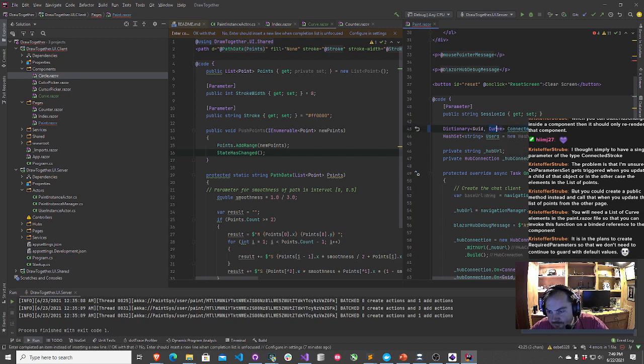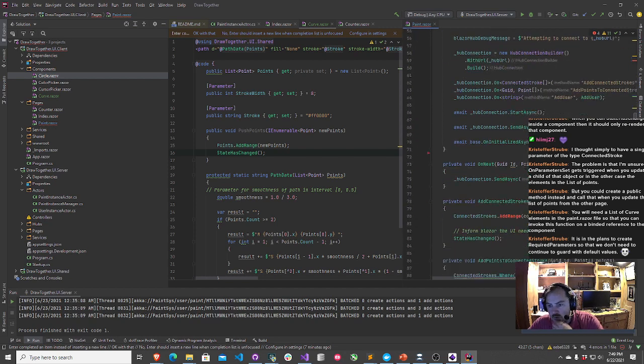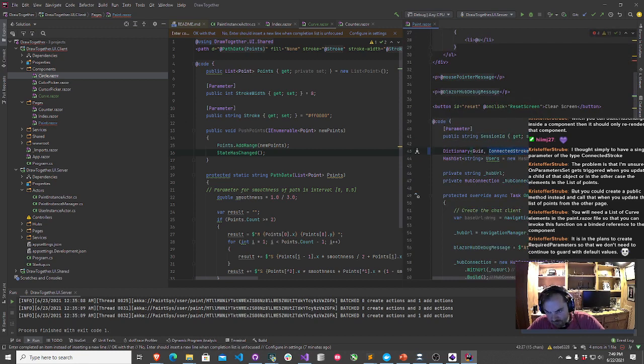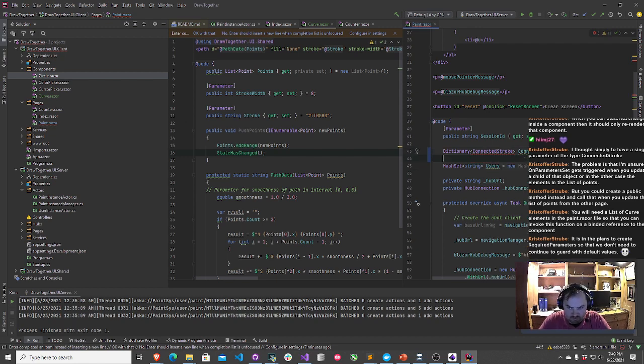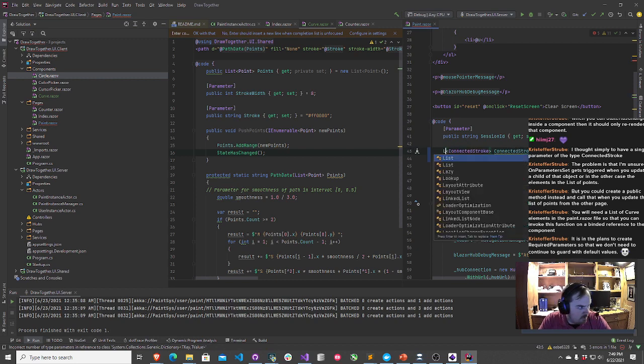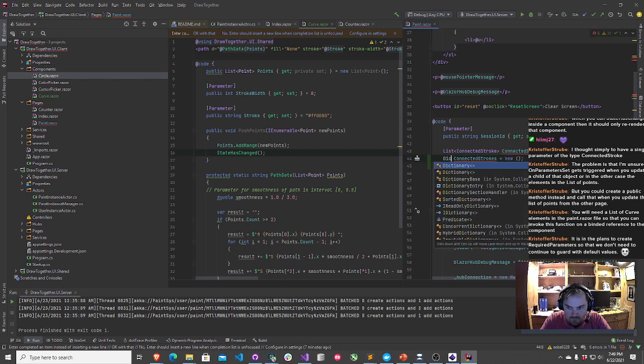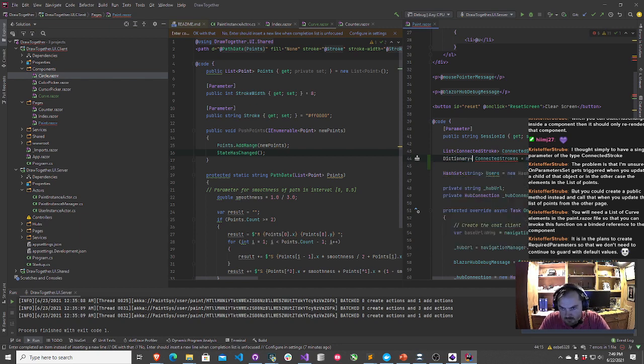Actually, no, I really do need connected strokes still. Keep that, but this will stay a list. Keep that as a list. We'll do a dictionary, let's see, GUID, curve, finger strokes. Just new.